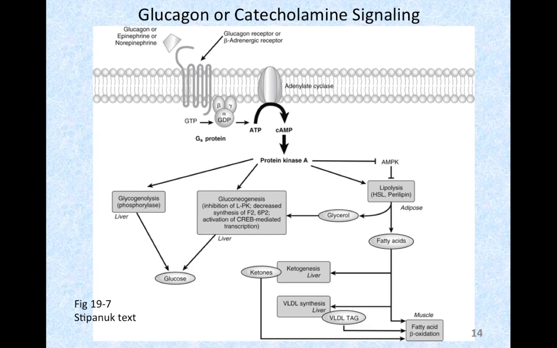downregulates AMP activated kinase, which would make sense, right? AMP activated kinase tends to be upregulated in certain situations. In this situation, protein kinase A is inhibiting AMP kinase. Now, AMP kinase normally decreases lipolysis. So protein kinase A is inhibiting AMPK, so you lose the inhibition of lipolysis. So basically, lipolysis goes up. Okay, so it works through AMPK by inhibiting that, but it also